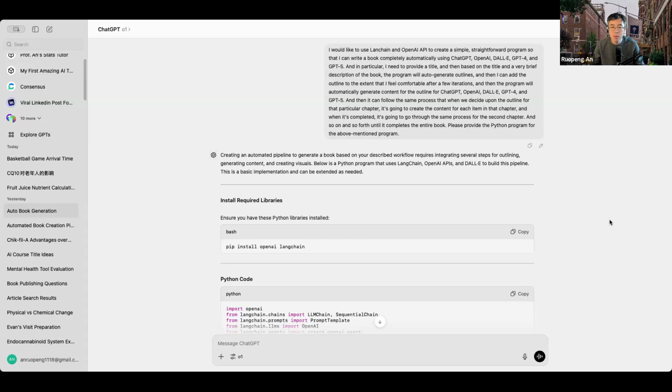I voiced over some prompts, which are not the very best prompts I could write, because I just spoke to the machine with some mistakes, but I think the main idea is clear: I would like the O1 model to write a complete program that allows automatic book generation.